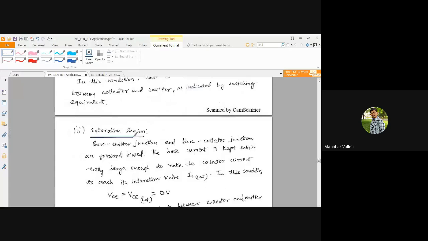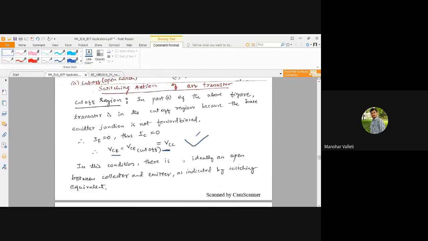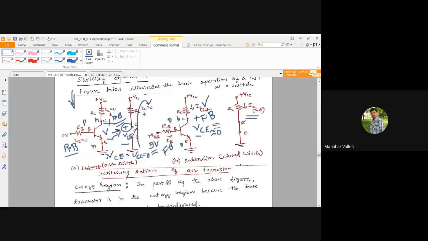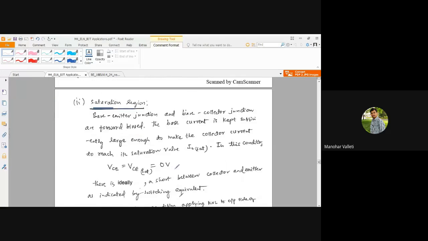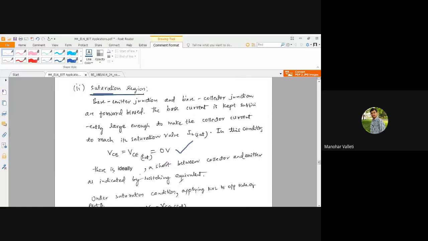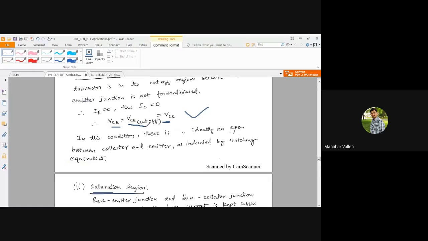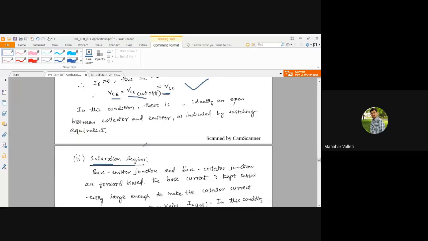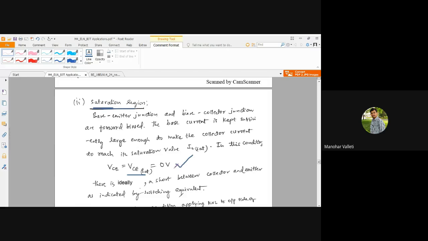And in the saturation region, VCE means across the short circuit, right? Across a short circuit, no voltage will be there. I can say, even without applying KVL, that VCE equals 0 volts. Whatever VCE voltage is measured in the saturation region, we will call VCE sat. Whatever VCE voltage we measured in the cutoff region, we will call VCE cutoff. We want to show the difference between the two regions of operation. So VCE cutoff is VCC, and VCE saturation is 0.